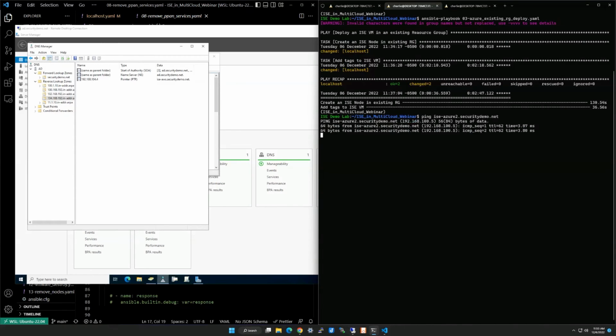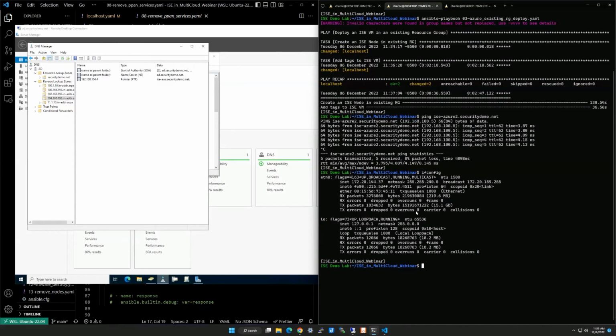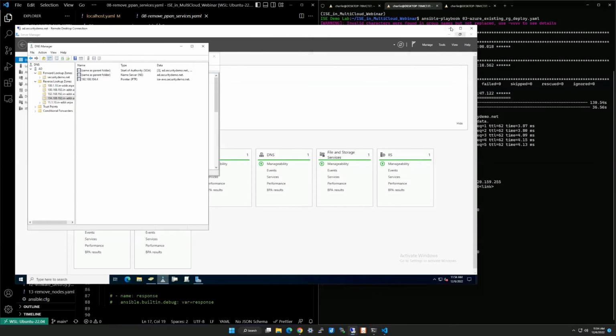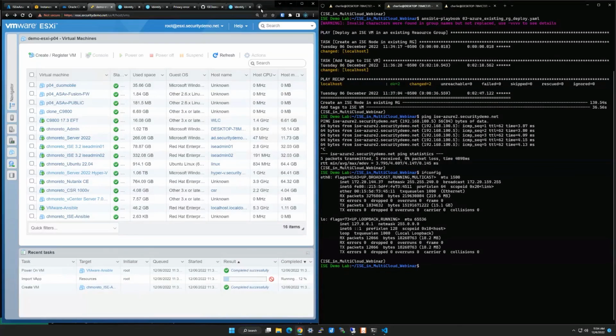And then if we come here, we can actually ping our ISE Azure, even though our IP address is a 10 dot. Well, actually, this one's using a 172 dot because it's my WSL. So we're on different subnets, and I'm able to ping it through the VPN because of the route tables that are set up in the VPN and the different routers. So I wanted to bring that up and show you how important that is, which also means that if we come over here, we can hopefully